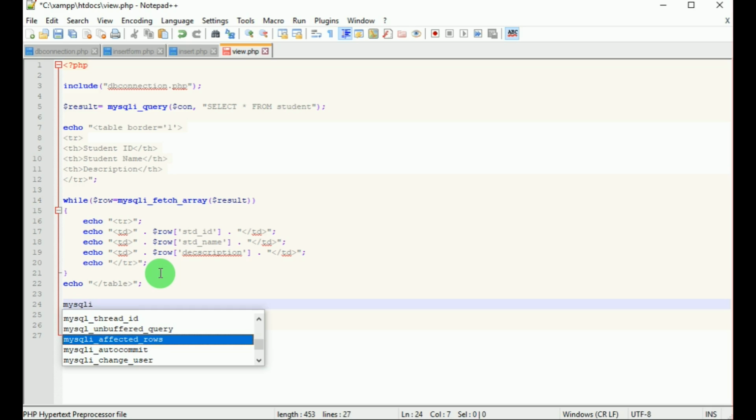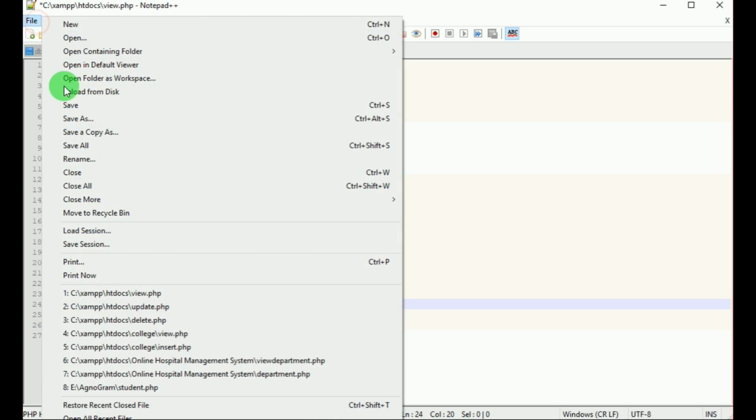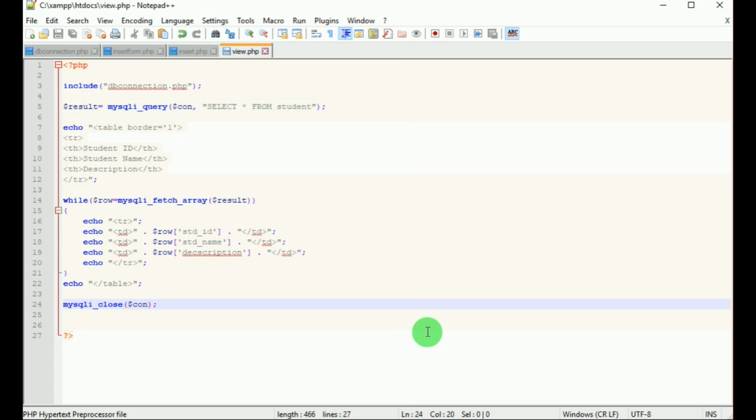Since we want to view the data in a table format, we use the table row and table data here within echo statements. To print the values fetched from the MySQLi fetch array function, we use the variable row.